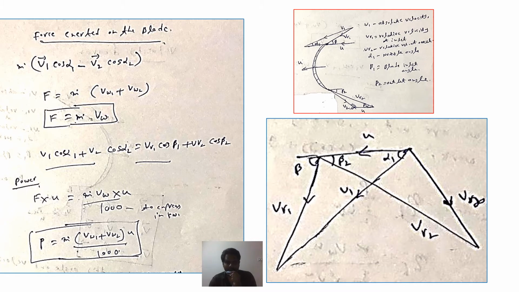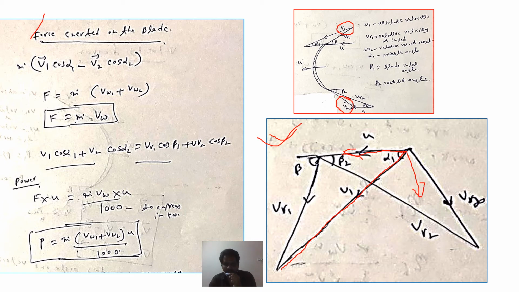Now let us see the force exerted on the blade from the velocity diagram. Here V1 is the absolute velocity, that is the velocity of the steam coming from the nozzle, and V2 is the absolute velocity at the exit of the blade. Now for the force exerted, you can see clearly in this diagram. So this is the absolute velocity V1. This way we can write